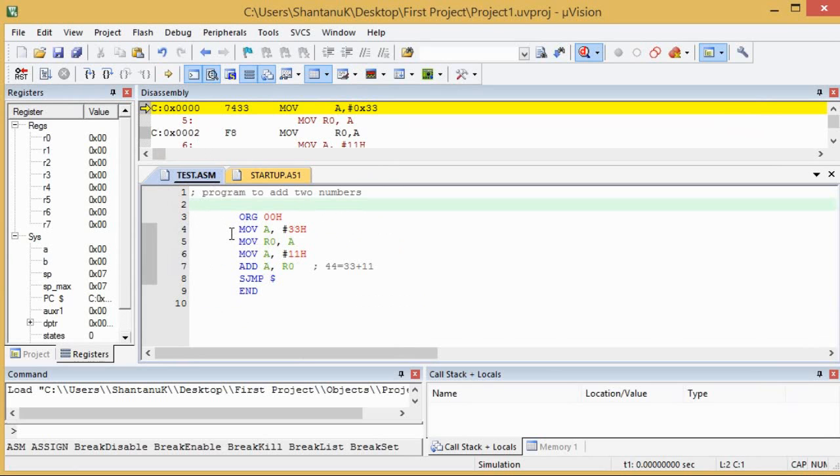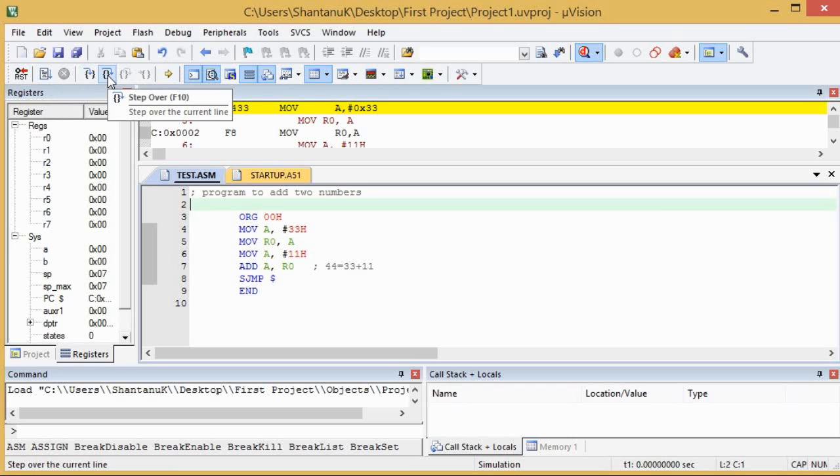Now we will try to execute this program. At this location over here, you can see there are menus. This is the reset menu. Next is the run menu, then this is for stopping the debug or code execution. This is step one line, this is step over the current line, so a step will get skipped.